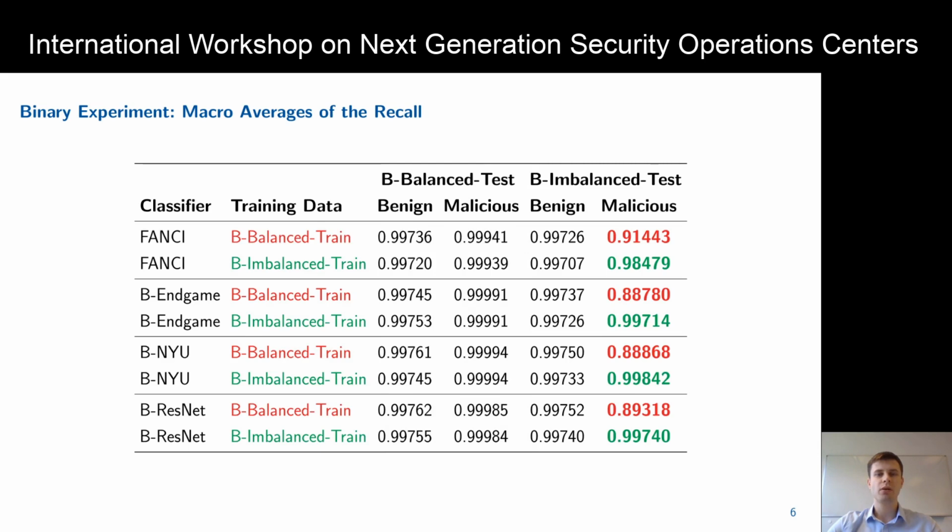When prediction is performed on the imbalanced test sets, the recall for the malicious class is significantly lower for the classifiers which are trained on the balanced training sets, compared to the classifiers which learn classification based on the imbalanced training sets. The recall for the benign class does not differ much between any of the classifiers. These results show that samples of underrepresented DGAs should be included in the training set for DGA binary classification.